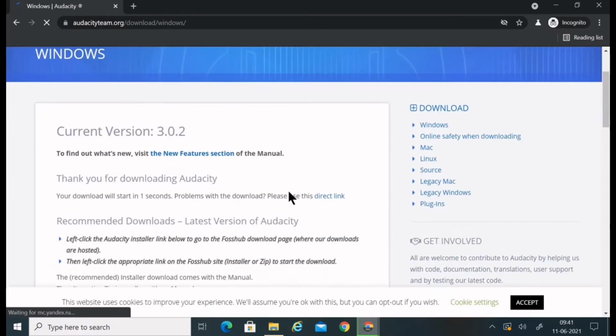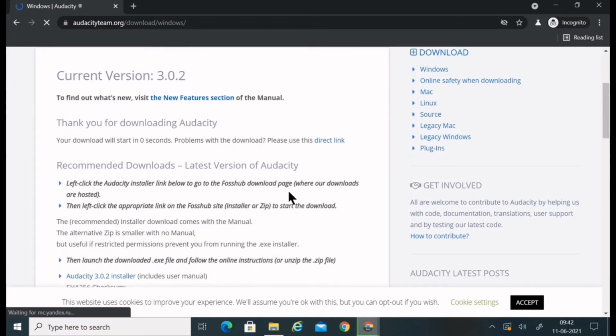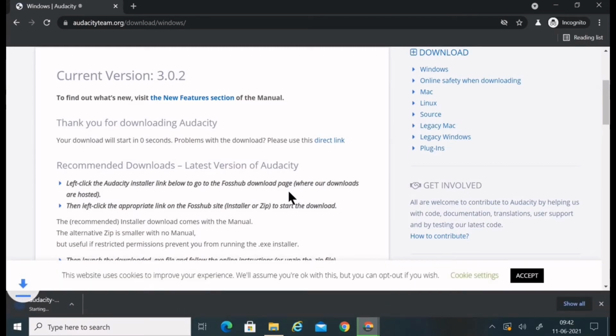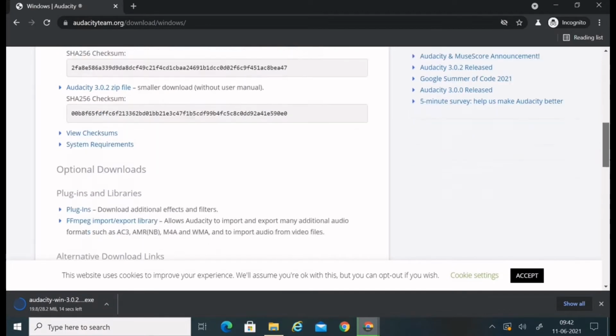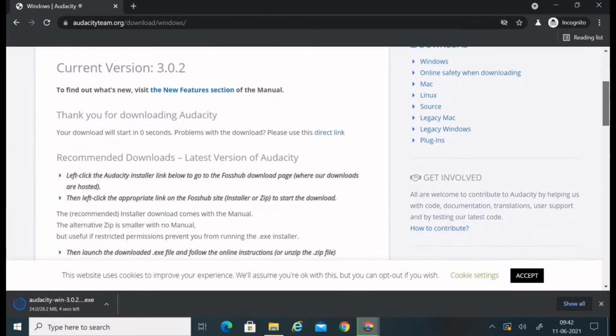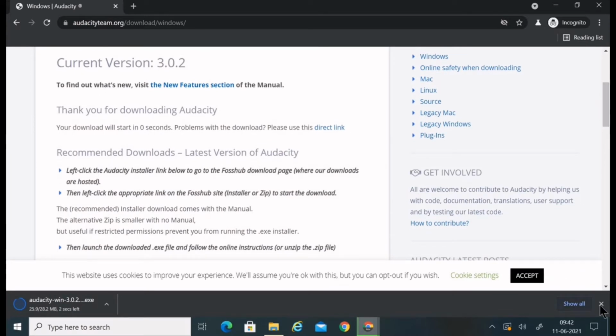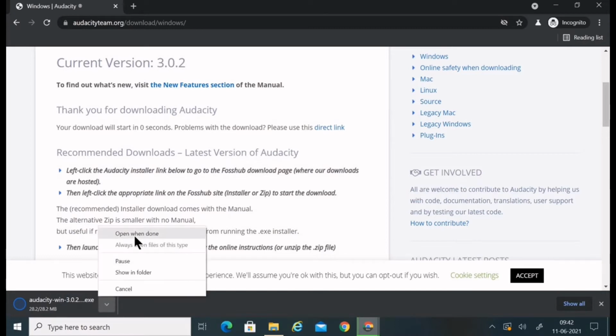So here it says your download will start in 1 second or so. If it didn't get download, then from here you can download this. So I have downloaded. You have to just click on this and install this.